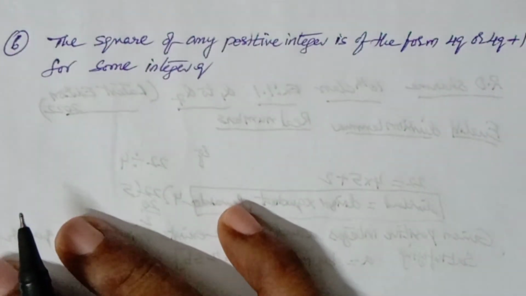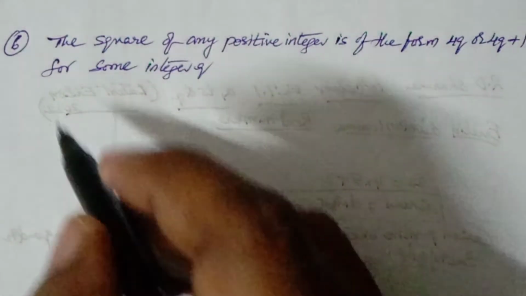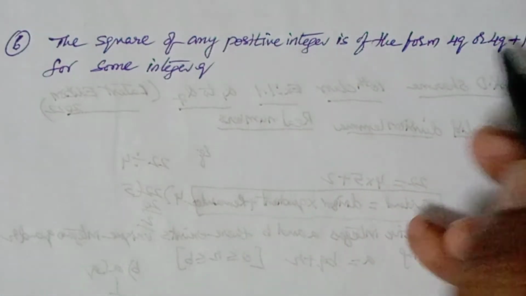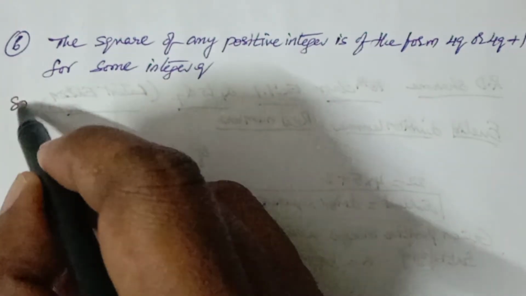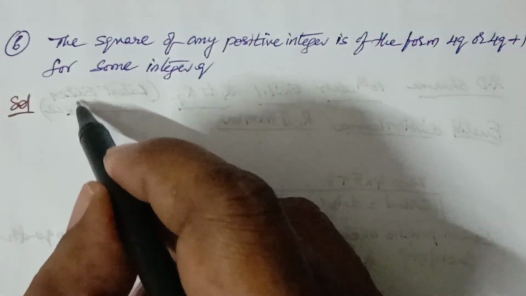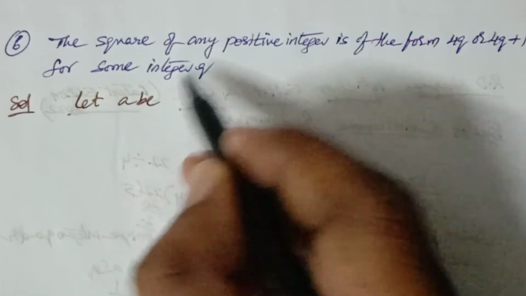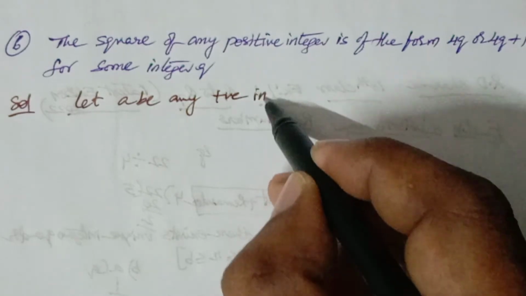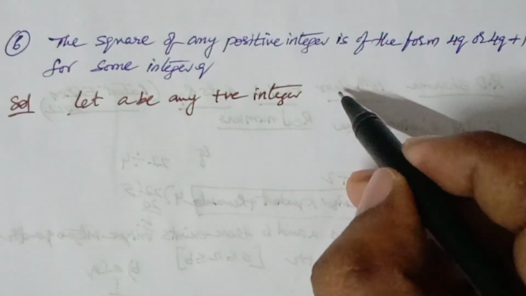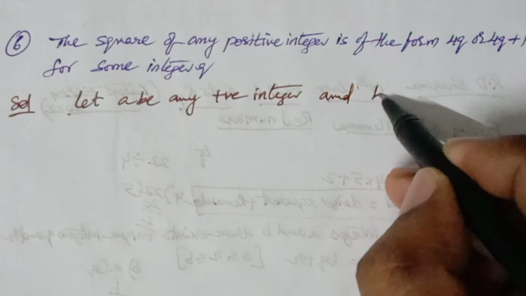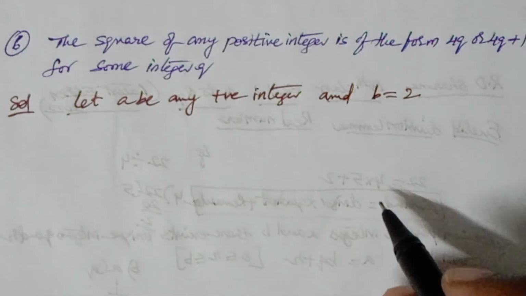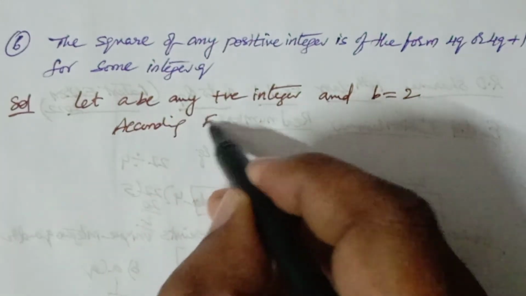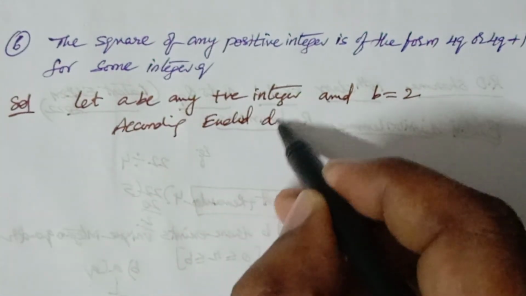Now if you go to question number 6, the square of any positive integer is of the form 4q or 4q plus 1 for some integer q. So here let a be any positive integer and b is equal to 2. According to Euclid division lemma,